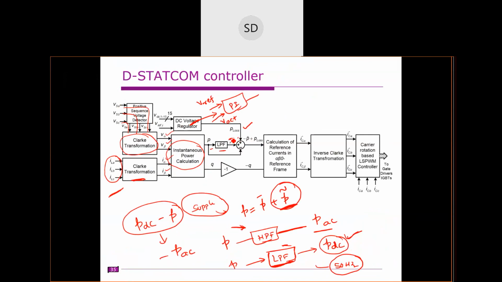This is the P DC component. I subtracted this low pass filter output. So by using the low pass filter, I obtain the PDC component, and I subtracted it from this P. So this is the additional one, where I subtracted. That gives you this AC component, and this is the loss component I added here. You can see here, right? That loss component is added.